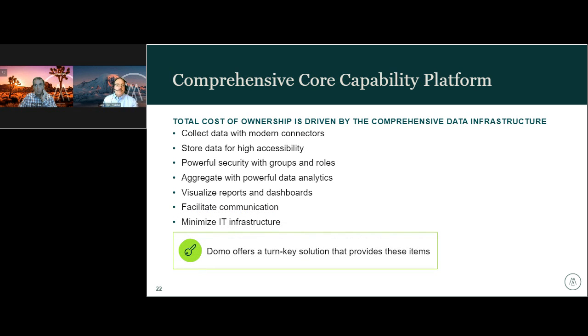When you're looking at these platforms, while we've been highlighting Domo, there are a lot of different platforms out there, and they're all shaped in a lot of different ways. But this slide is meant to give you some insights as to what you should look at when you're evaluating platforms. It all comes down to, can you get to the data? Is there a place that you can store it, but it still is highly accessible?